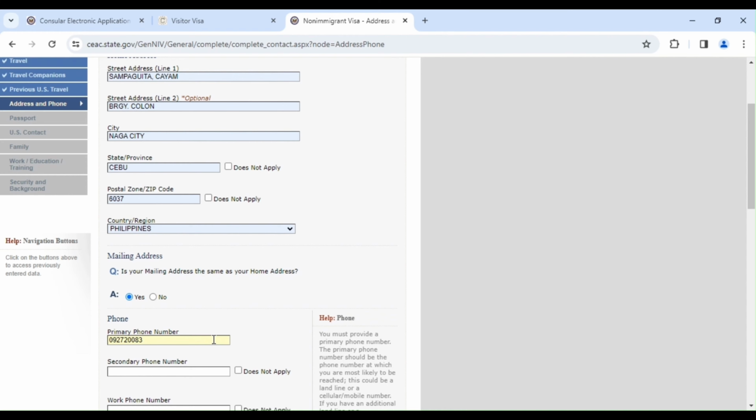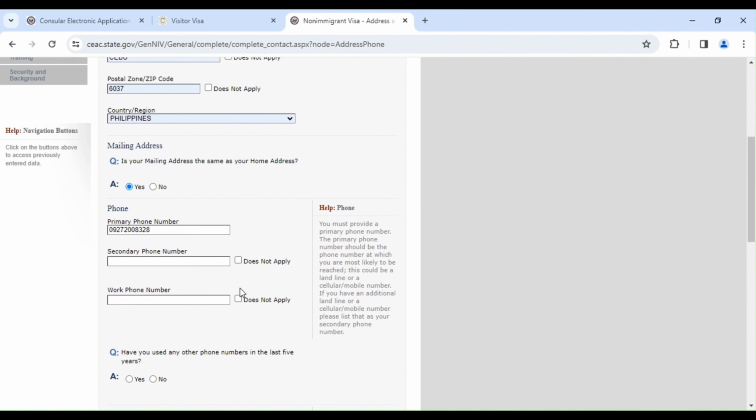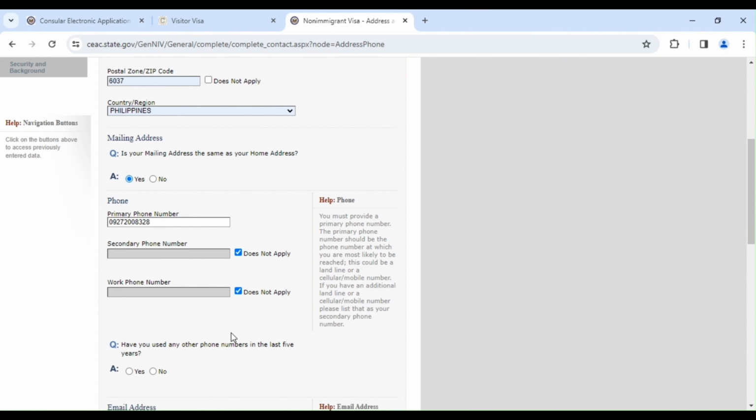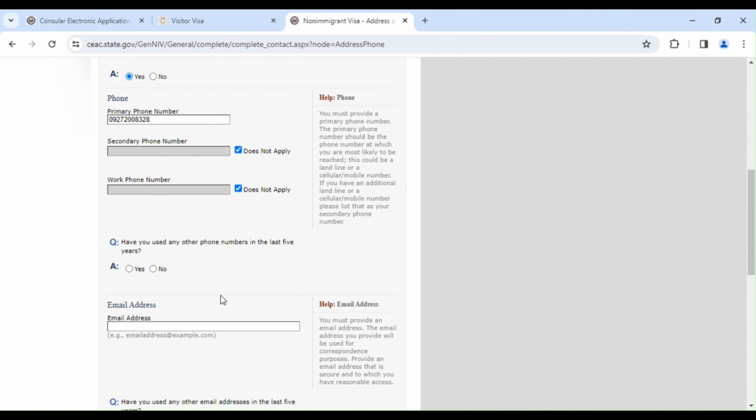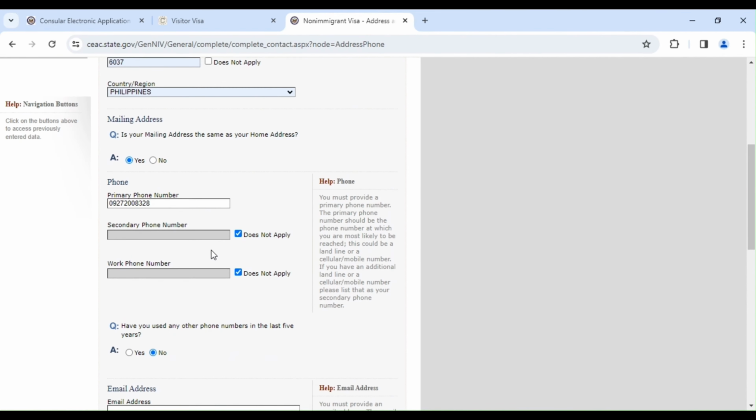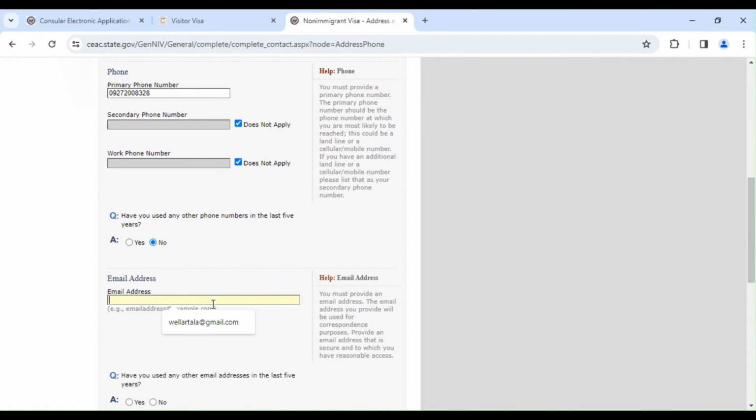Tapos dito, you fill out your address and phone information. Mailing address, your primary phone number. You should be able to have one, and then for the secondary or work phone number, if it does not apply, then check does not apply. Email address, and then one very important thing to remember also